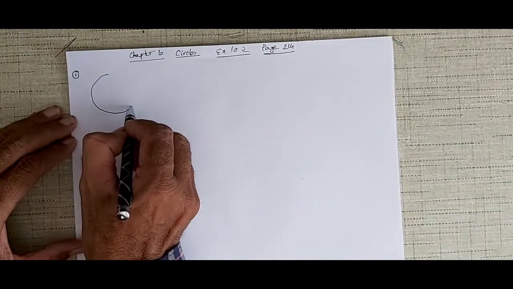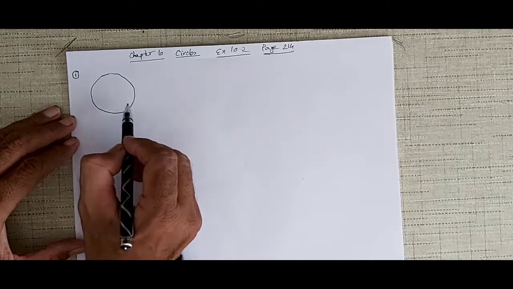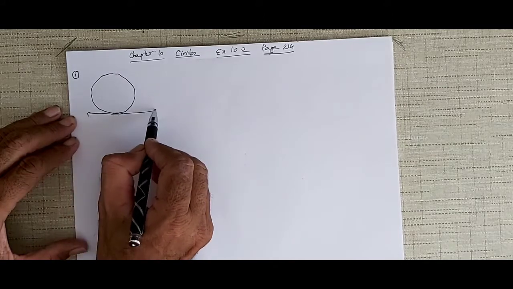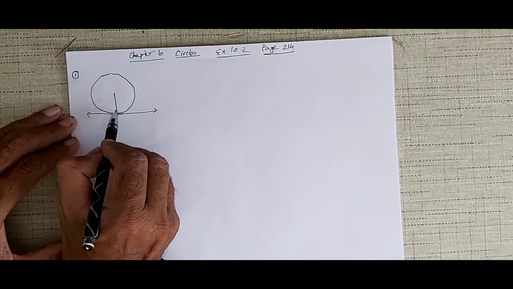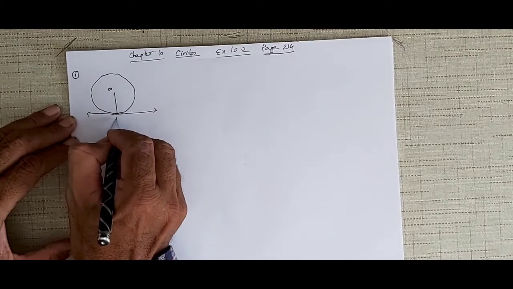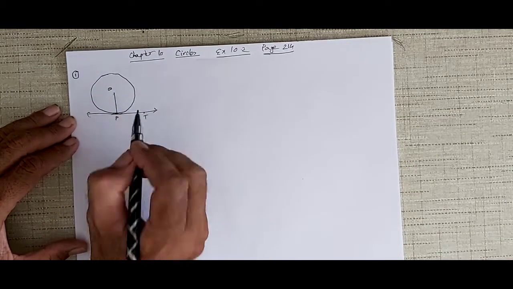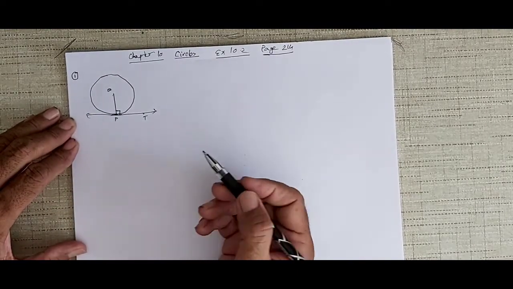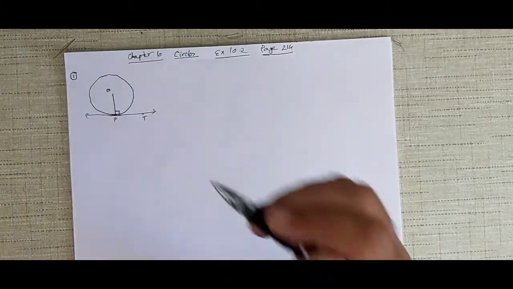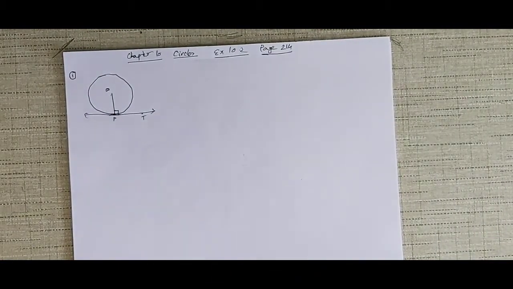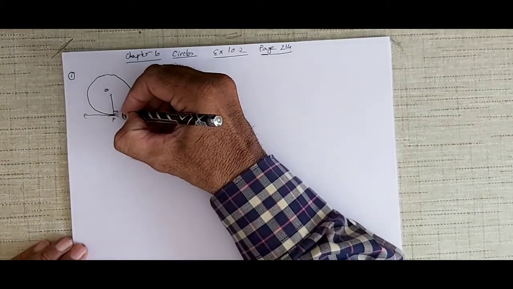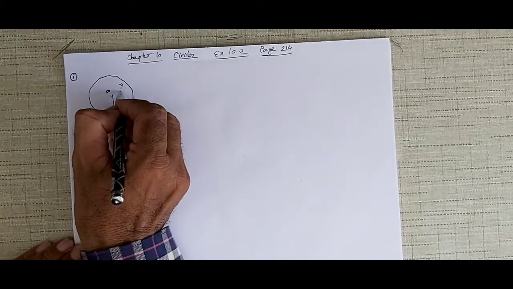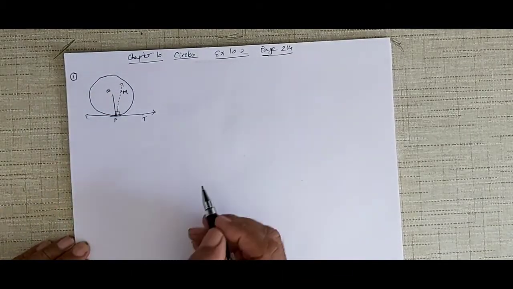Alright, so let us suppose we have a circle, okay, and we have a tangent to the circle. This is a tangent. O is the center of the circle. Let us suppose PT is a tangent. Therefore, this is the point of contact. It is going to be right angles according to theorem 10.1. Now, for the sake of simplicity, let us suppose that there is a line passing this way, and there is a point M such that MPT is perpendicular.